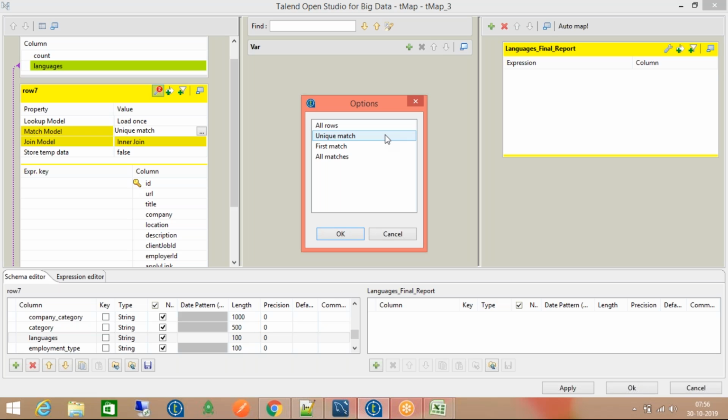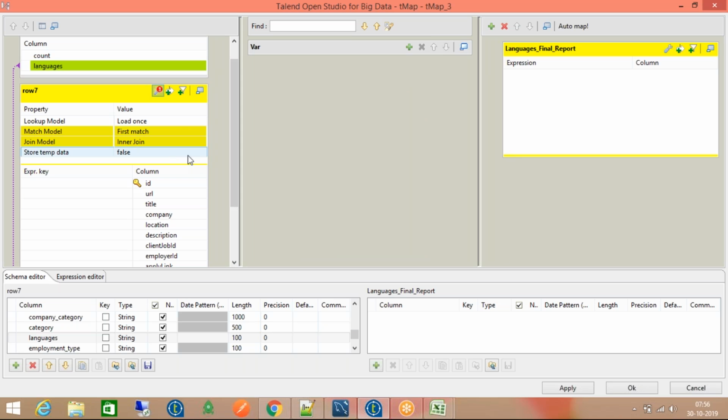All that particular language's records will come into the picture. So I need only a single one. If you pick unique match, it will pick the last matching record. If you go with the first match, yes, it will pick the first matching record. Next we can go with the first match,